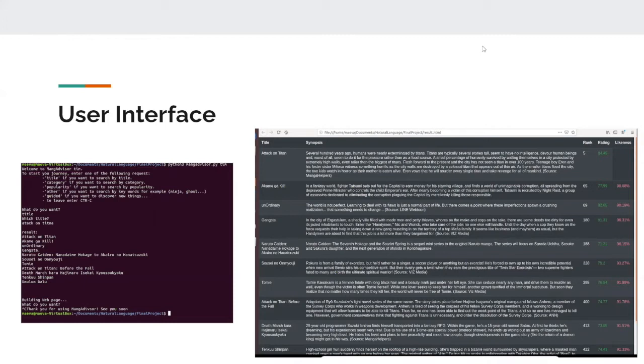So as you can see on the left side, there is the terminal version, which is pretty basic. In this example, there is a search by title, and there is the list of manga, but it's quite basic. But on the right side, there is the HTML page, which is much more visual and contains much more detail, such as the synopsis, the rank that is based on our manga database, the rating, which is quite linked to the rank, and finally the likeness, which is